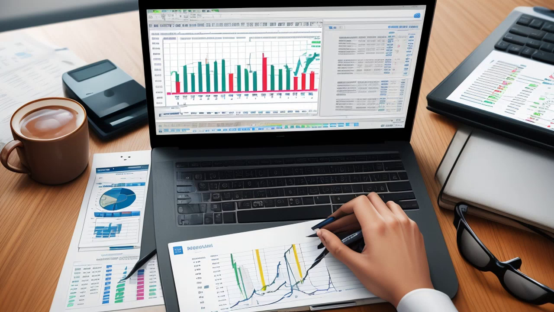How to dollar cost average into crypto without stress. Most people who lose money in crypto do it all at once. They buy the peak, panic at the dip, and ghost their portfolio for 3 years. But here's what actually works. I'm about to show you the exact dollar cost averaging strategy that's letting everyday Americans build real crypto wealth without